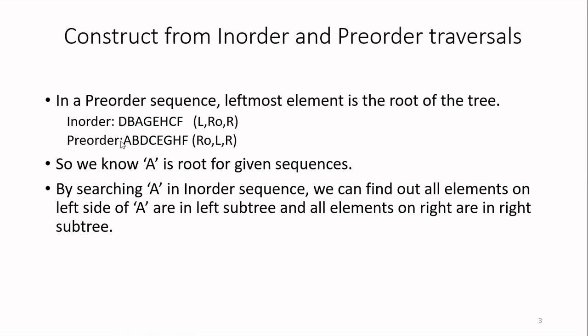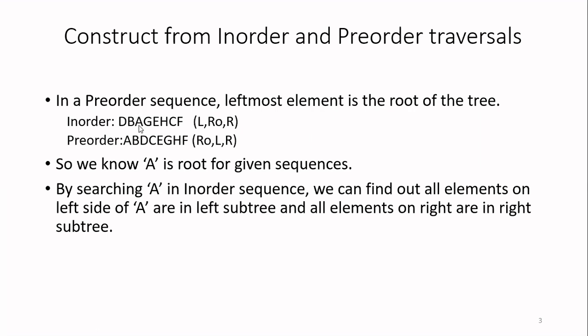So now I have this in-order and pre-order given to me. I have to look at the pre-order first. In that, I have to start from the left direction because it is pre-order. So start from the leftmost direction and see what node is available here. It is A. Okay, so this A will be the root node. After you identify the root node from the pre-order, you go to the in-order now. In in-order, the root will be appearing in the middle. Just now you identified the root, that is A. So now see where this A appears in the in-order traversal. Here, A is appearing in the middle.